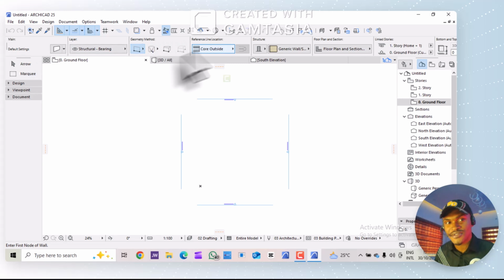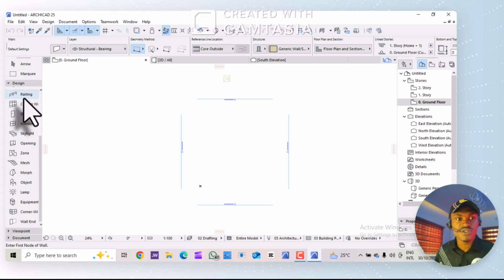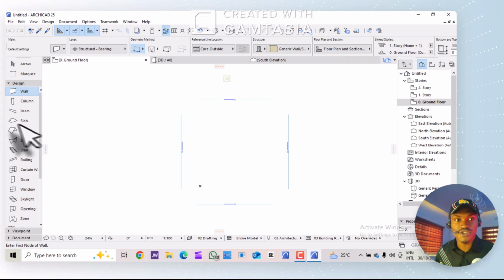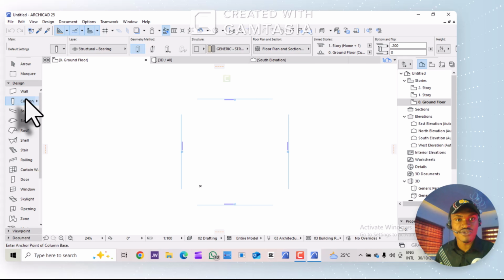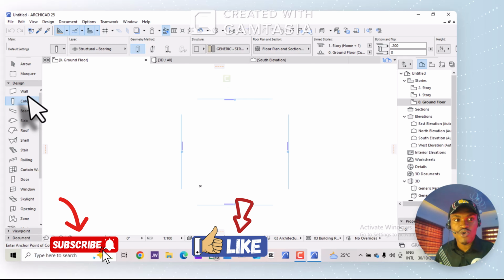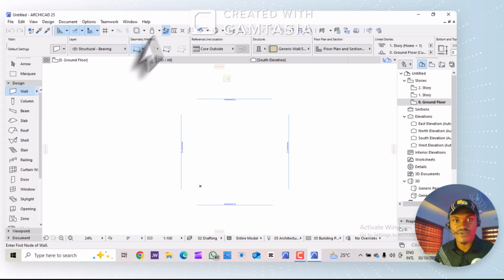Yes, information box. So let's say you choose the wall, it is already chosen. Let me change it and choose something else. You see, when I chose this column, this changed. Let me go back and choose the wall again for you to observe it. You see, it's changed. So now this is giving you space to be able to edit the wall